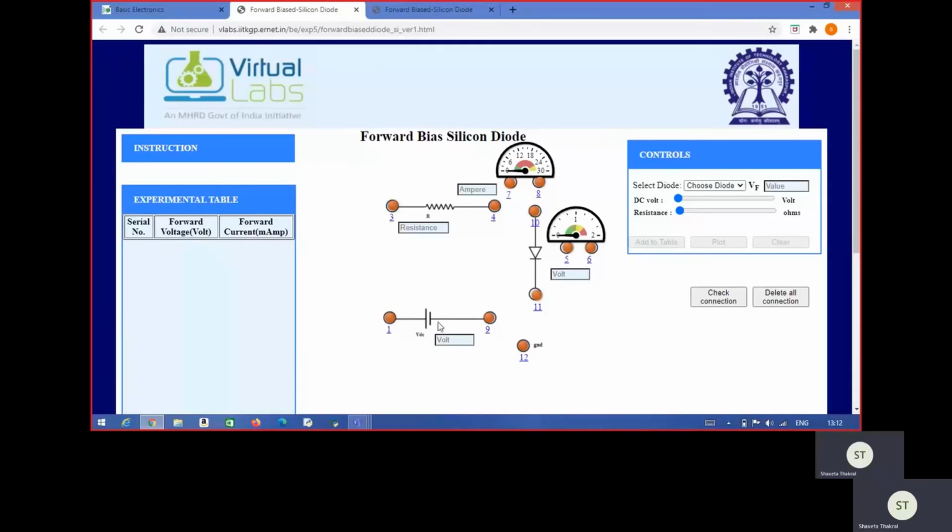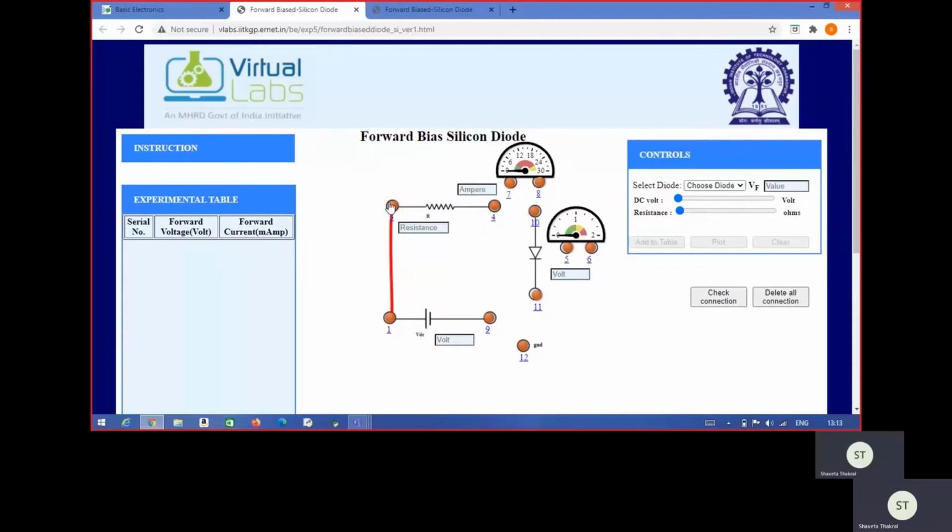Like this is the DC supply that is available in the lab. So from that DC supply, we have the two terminals. One is the positive terminal and the other is the negative terminal. So the positive terminal of the supply is connected to the resistor here, and the resistor we are choosing as 1 kilo ohm resistor. So how we are making the connection? Like the first connection is from node 1 to node 3. So we will take the connection from here and join it to node 3.